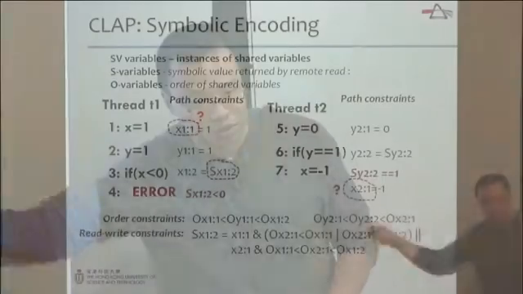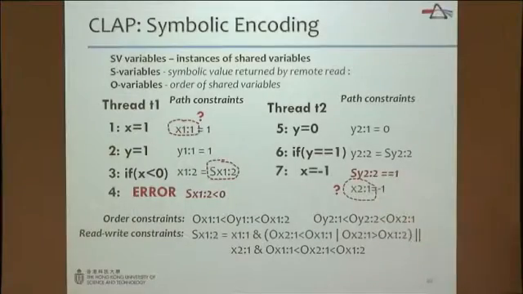Well, maybe I just don't understand. You do have orderings on the shared variables, or is that what you want to compute? You don't have orderings. The purpose of the computation is to compute values for these O's, for these orders, to assign a global array of integers to these variables. Right. My point is, if you just have straight-line code, no conditionals, then there's only one path in each thread. So what do you do in that case? Then we don't have the path condition. We only have the order constraints and the read-write constraints here.